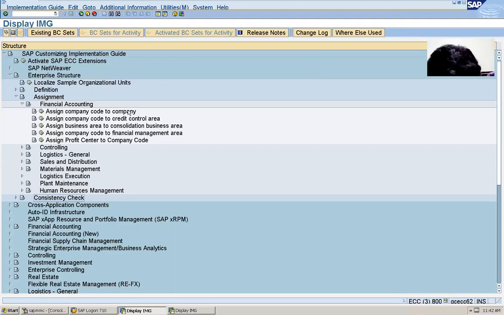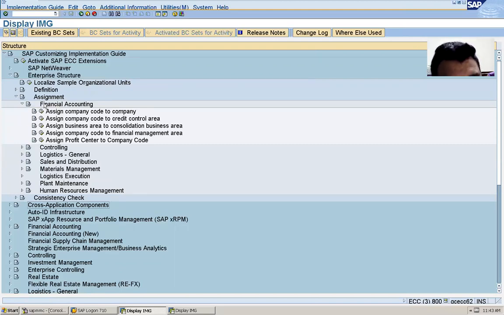Now I will once again explain the path. Until enterprise structure, the path is the same, right? After that, I closed this definition and opened assignment. In assignment, I opened financial accounting.